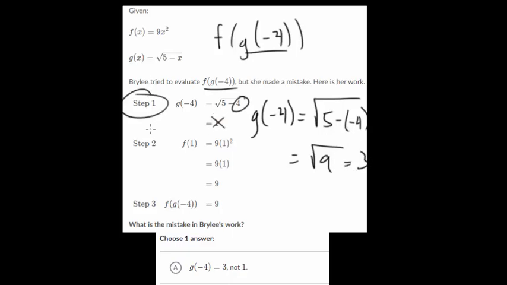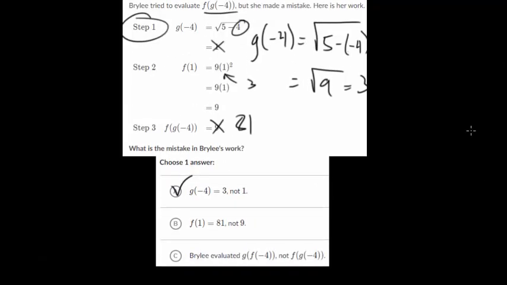So step 1 is where the mistake was. Now, once you do get that value, instead of placing 1 in here, you place 3 in there, square it, you get 9. 9 times 9 is 81. So your final answer should be 81 here, but it's choice A. If we look at the rest of the options, you can see that g of minus 4, it's not 1, it's 3. And let's do one more,